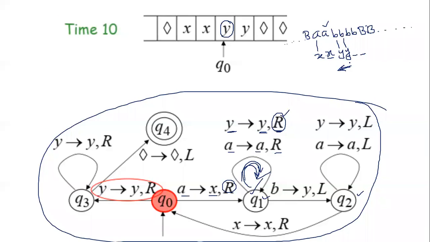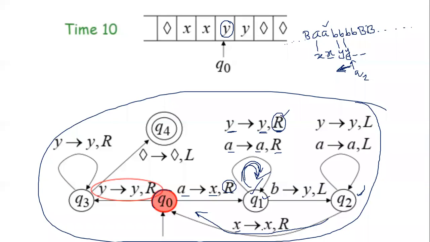This Y converted to X, fine. Yes, you see that it is an X. That means you are in Q0. Sorry, you see. That's why what will happen? You are in Q2 over here. After converting the second B to Y, you are in Q2, and you will immediately change your direction to left. What will happen? Just take this path.